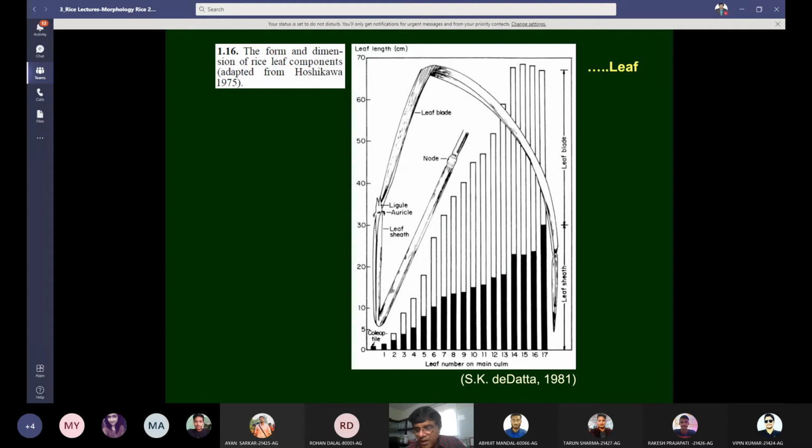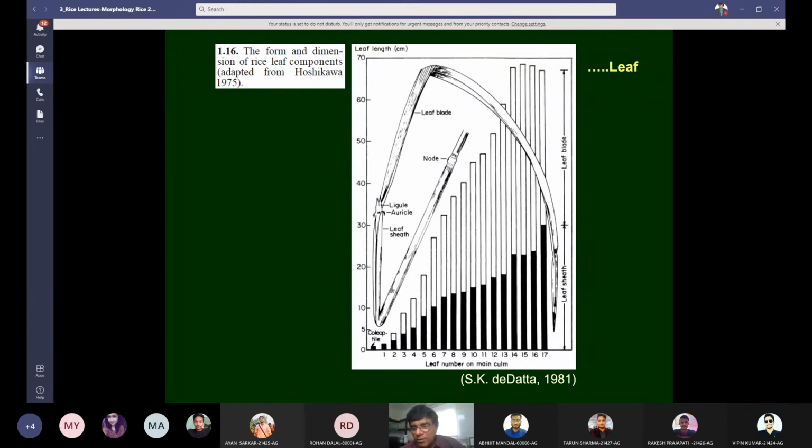So leaf number, you see the last leaf, number 17. In number 17, you see it is not the longest leaf. The topmost leaf is not the longest leaf. Number 2 leaf is not the longest leaf, but the third one from the top, that is 15th leaf, is the longest one. But minor difference in the length of 17, 16, and 15, and even 14. So they are almost similar length, but if you want to check the difference, so the third leaf from the top is the longest leaf. So this is one point we can see from this picture.